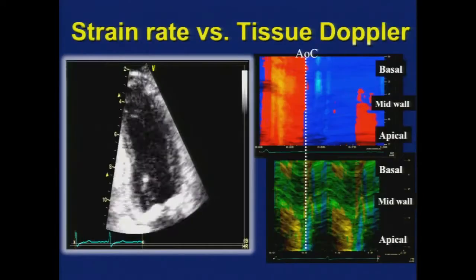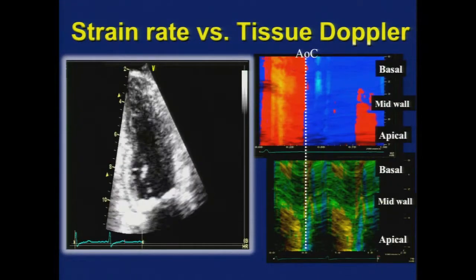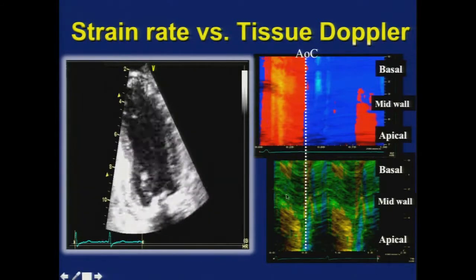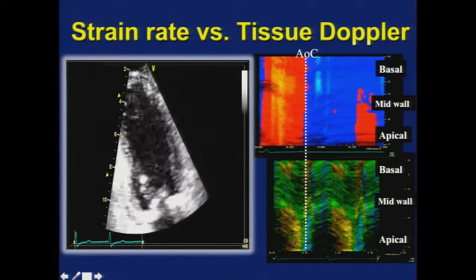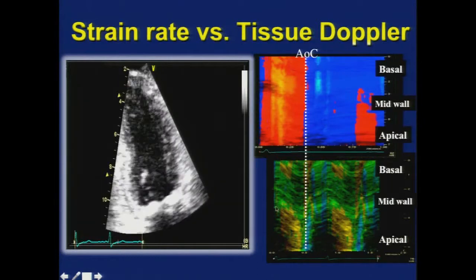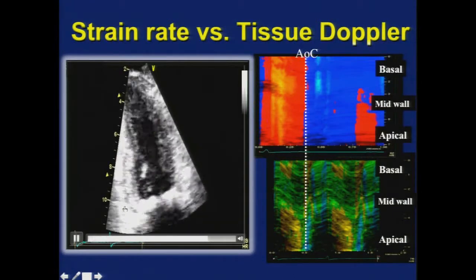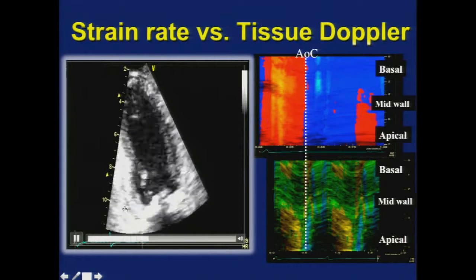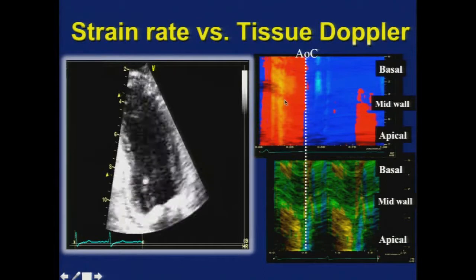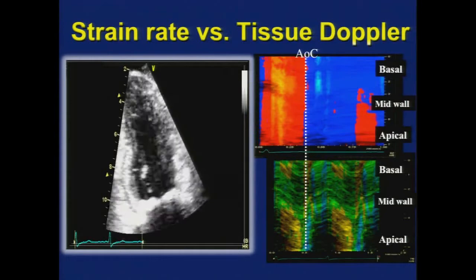So now when we go back to this apical two-chamber view, the image that we had been working on over the last few moments, on the bottom is this parametric display of strain rate. And the way you interpret this is that anything yellowy orange represents compression or contraction. Anything blue is elongation, and green means nothing is happening. So that basal inferior wall really is akinetic, there is a wall motion abnormality. It was not depicted or identified in color Doppler because of this concept of tethering, because the mid and apical segments are contracting well, and it's pulling that segment along with it.